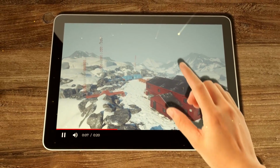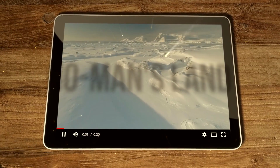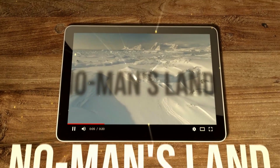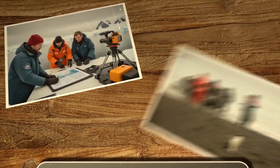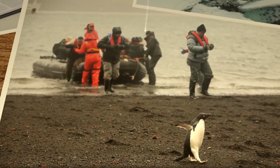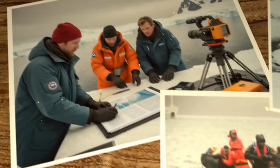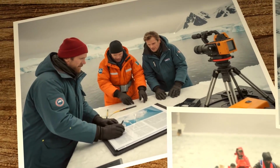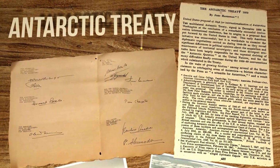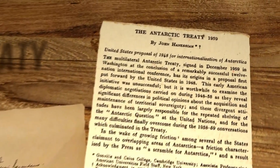So, how do things get done in Antarctica? Its status is like a no man's land, and world powers plan to keep it that way. In reality, the international scientific community governs Antarctica, since they're the ones working and operating on the continent. However, this cooperation likely wouldn't have been possible without the Antarctic Treaty of 1959, which laid the groundwork for how